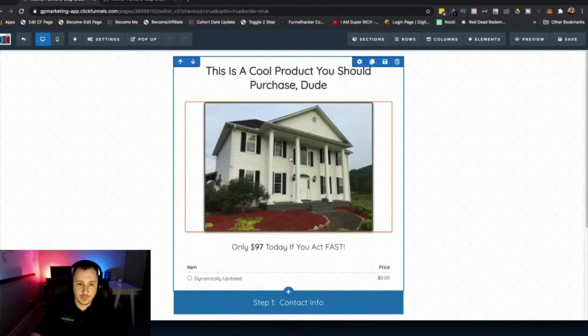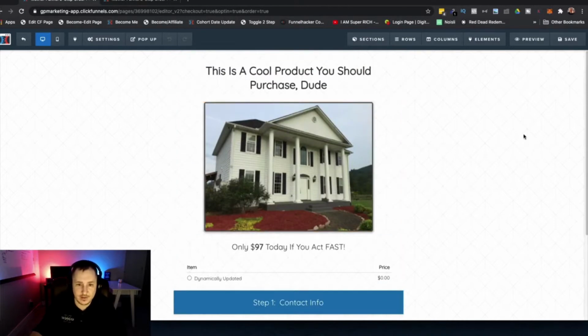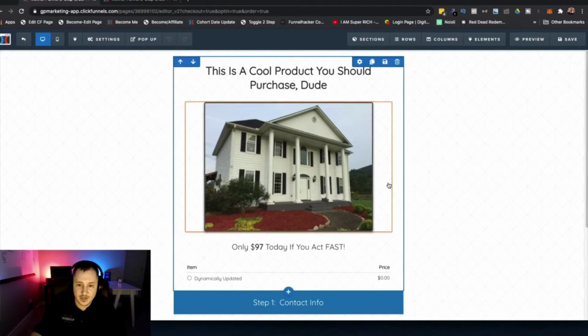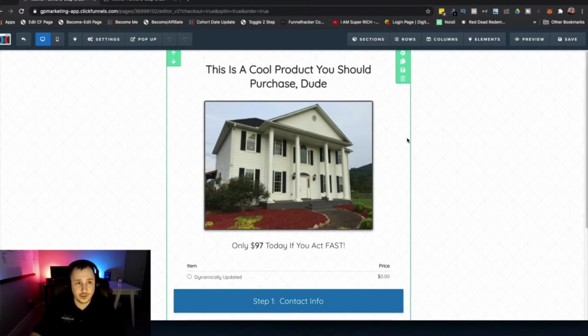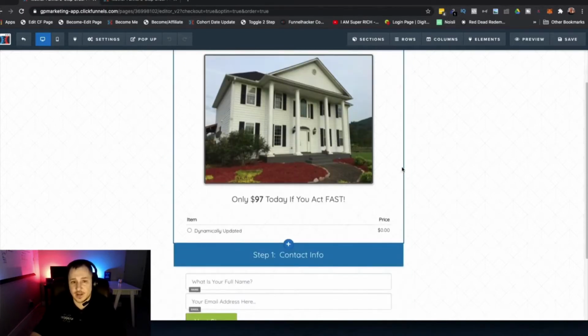So first, you're going to have your order page, set it up how you want, set up your sections. You're going to have a section up here at the top, and it's going to include whatever you want. You don't have to name it anything in particular. This can have all your sales copy, whatever it is that you want. You could even put this into a pop-up if you wanted, and it should work there. I don't see any reason why it would not.